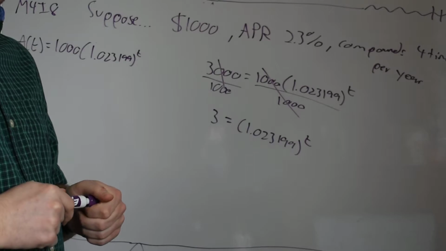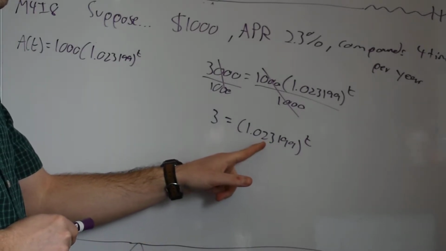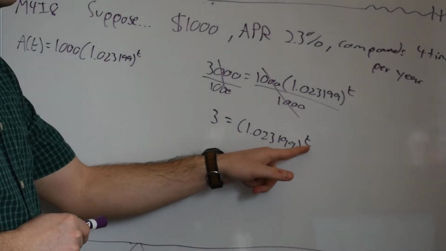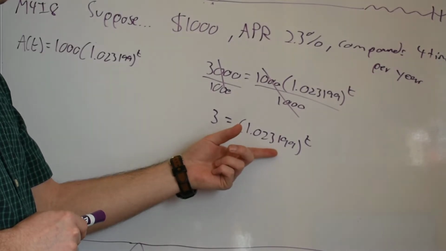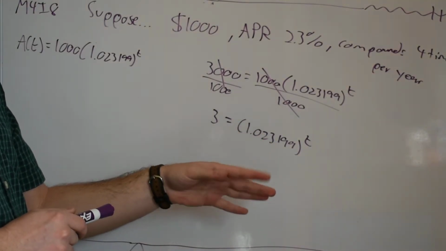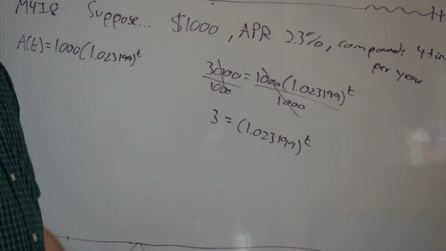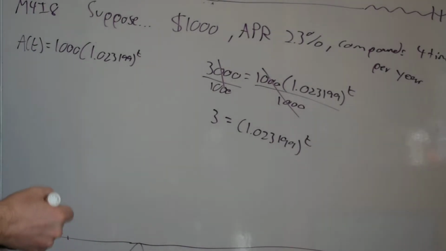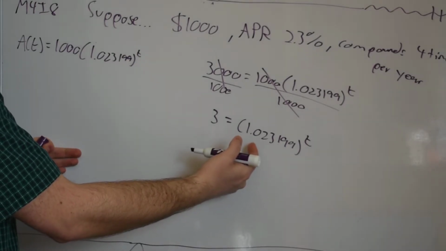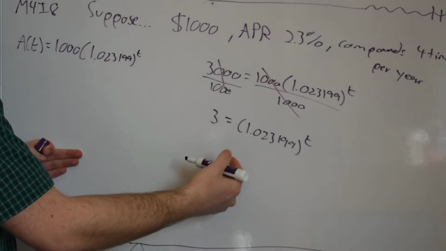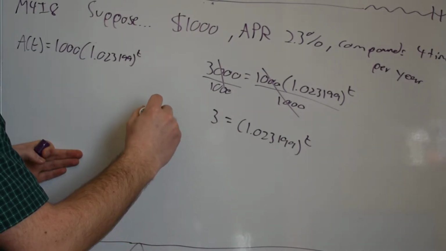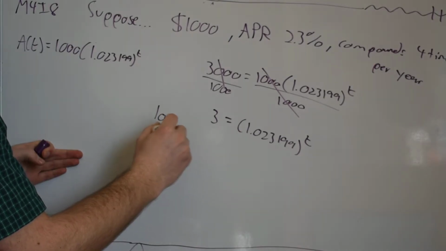Now, we run into a problem here because we don't have the tools to get this t by itself. We can't divide this by this number to do it. It doesn't work that way. So we need something else here. And luckily for us, somebody figured this out. In the 1600s, John Napier did this, and he called it a logarithm. So we'll go into more what that means later, but we have this tool called a logarithm,